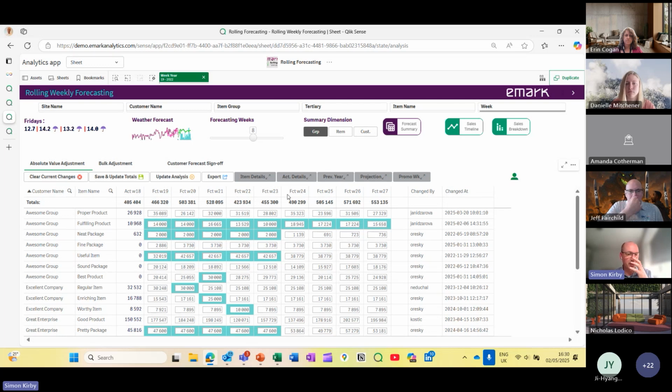We need to pull in data from various sources to complement this, and we need to make the accuracy of the forecasting better. The accuracy on the Excel spreadsheet, we were told, was 85%. That was their forecast accuracy compared to their actuals. And what happened after building this, and I'll show you how it works in a moment, is it jumped from 85% to 92%.